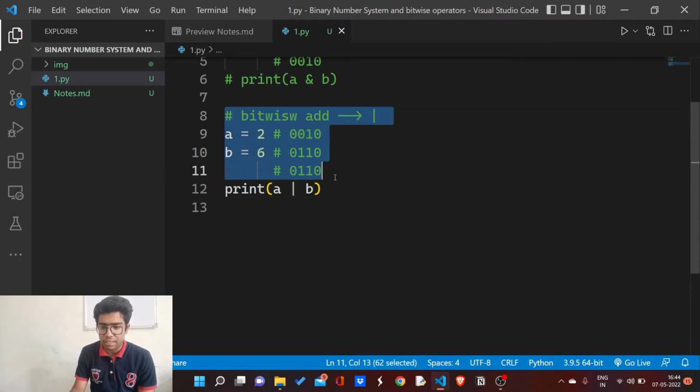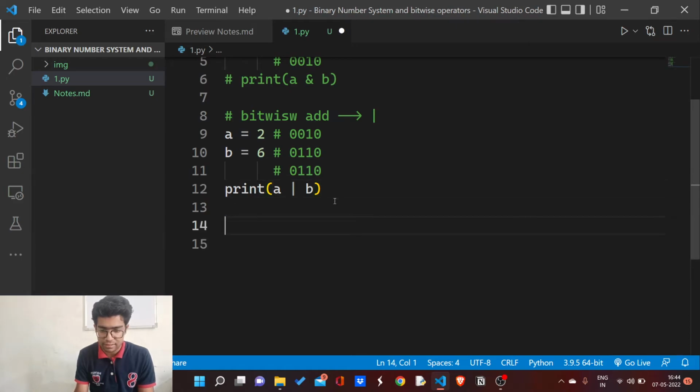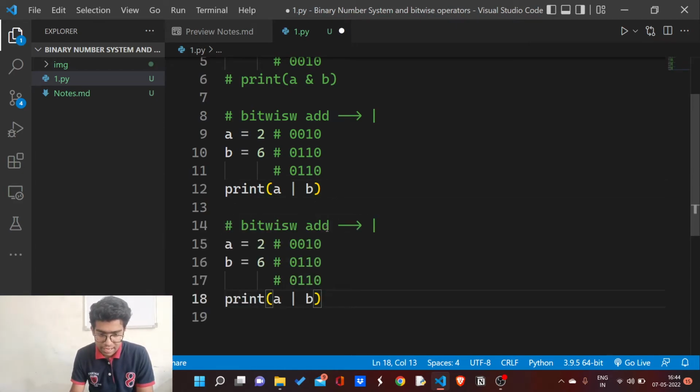Now similar is the bitwise XOR operator. The XOR operator is similar to OR, but it has some distinction. As its name suggests, it's exclusive OR, which means that if both bits are 1, it will result in 0. If both bits are 0, it will result in 0. It will return 1 only if one bit is 0 and the other bit is 1. Now we can see that example here. Bitwise XOR. Its symbol is this caret symbol.